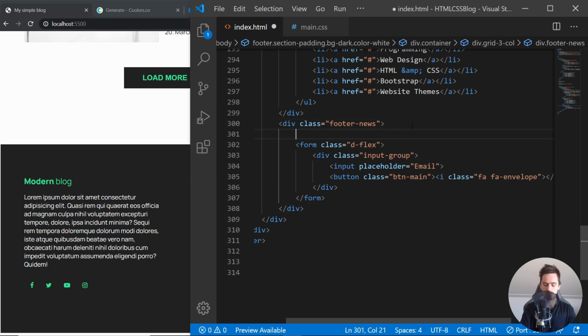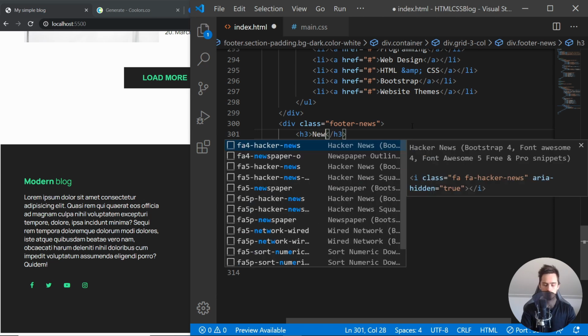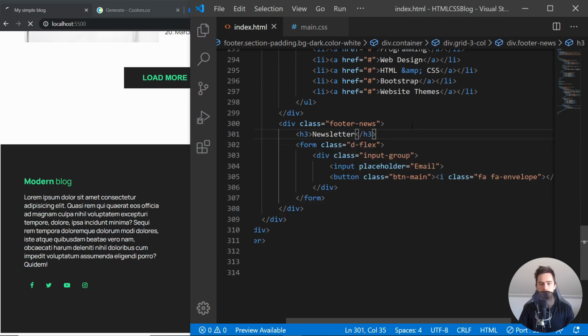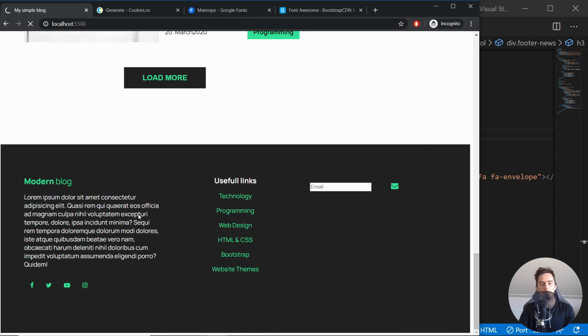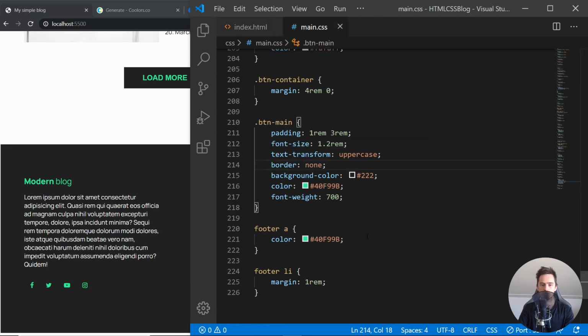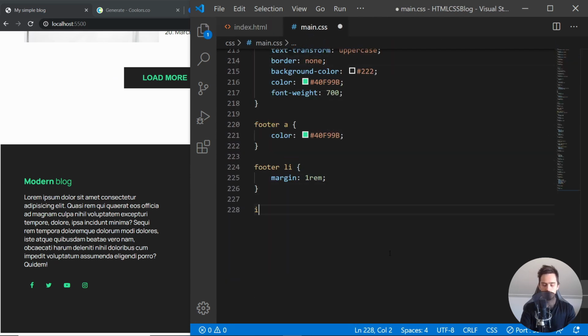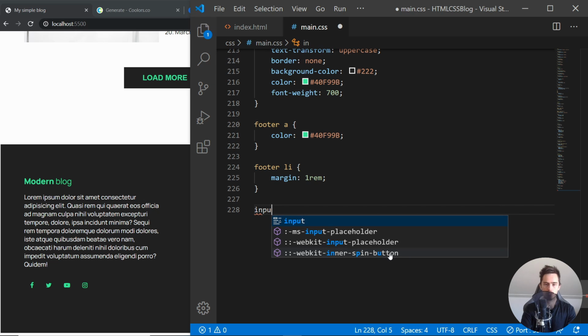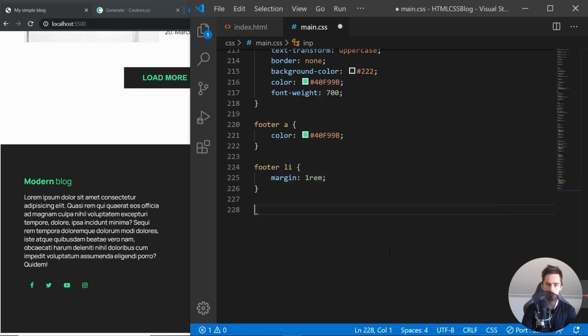And let me also just add a h3 heading in here, just saying newsletter like this. Let's see, there it is. We can probably make this also text center. Okay, and let's style the form actually. So inside here I will just put the input. Let me just target the input group,